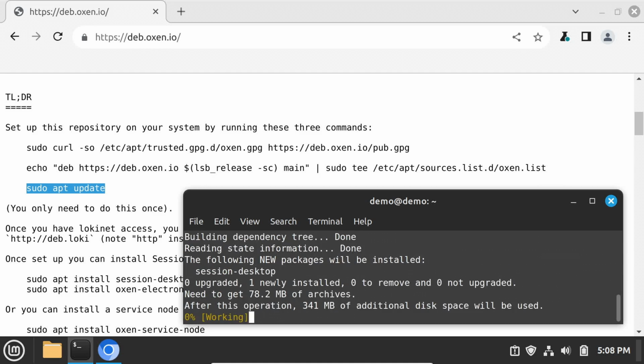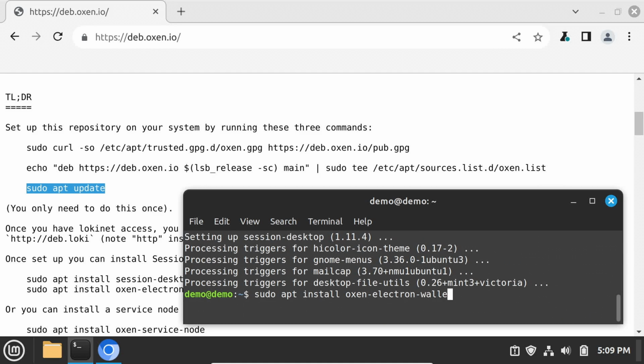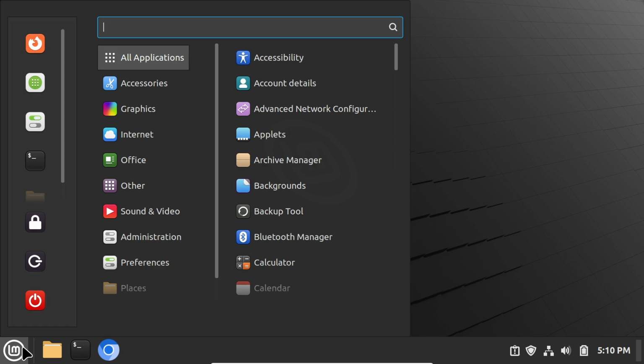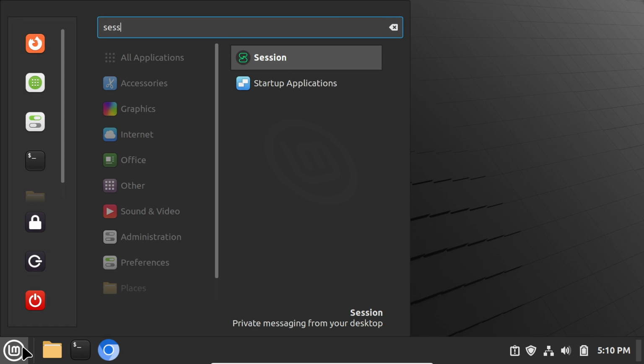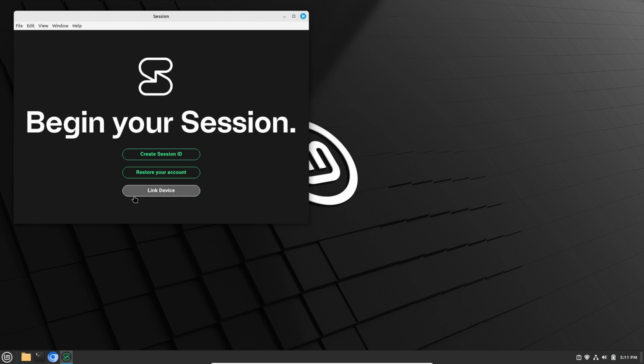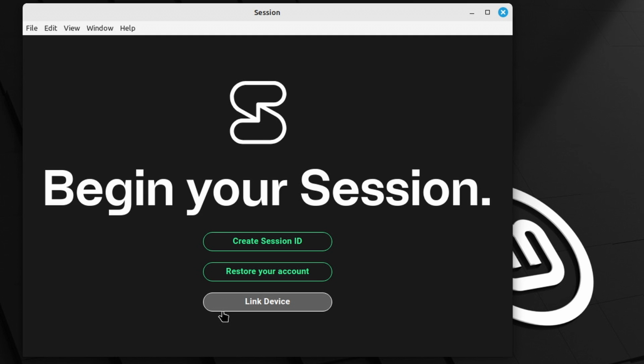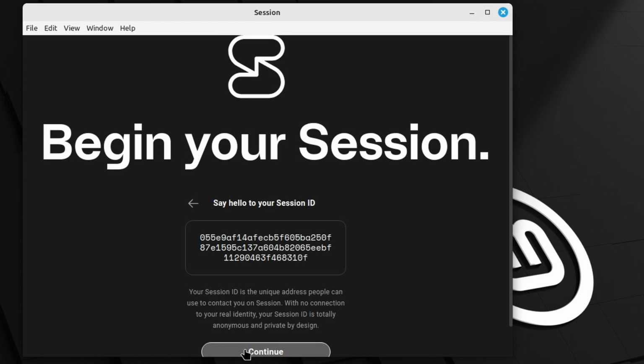Then install both the Session Desktop and Oxen Electron Wallet using two commands. Or you can combine the two commands into one like this. Once the install completes, both apps should have icons listed when you search for them. Then, let's start Session. Once Session opens up, click on Create Session ID, then click Continue and type a display